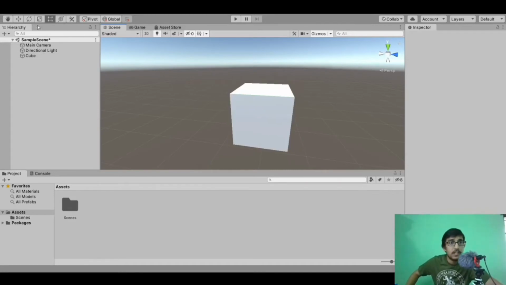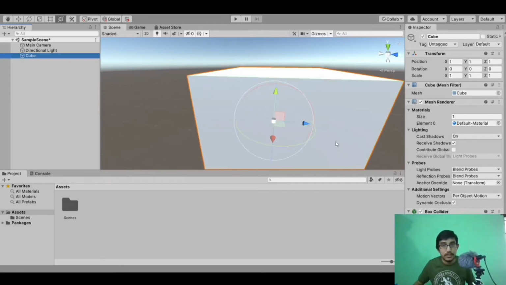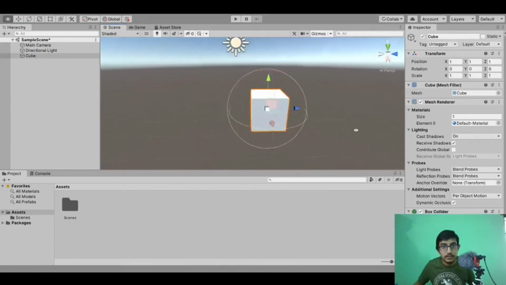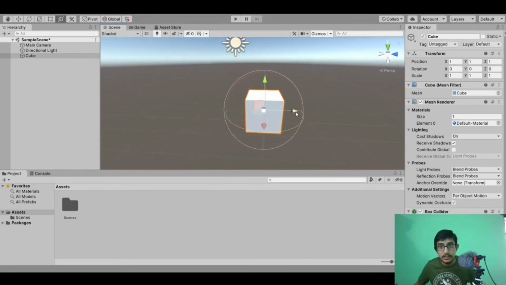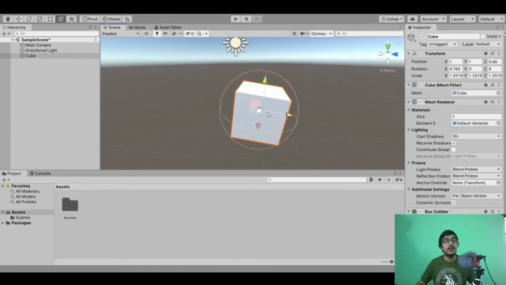And we will try one more tool. It is named move, rotate or scale selected object. What is it? Let's click it and select our cube game object. Here you can see it is nothing new, it is just the collection of all three tools, that is scale, position and rotation. All the three tools we got in this single option. So if you want to work with it, you can do it. Here is the transform tool, here is the rotate tool, and here is the scale tool. Everything is present here. All the three options present in a single tool.